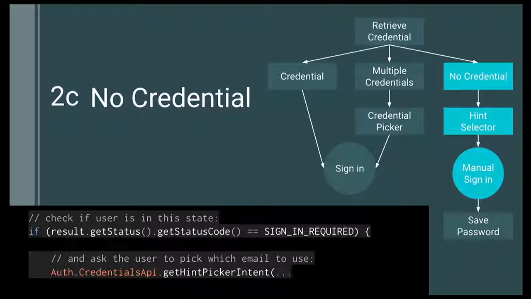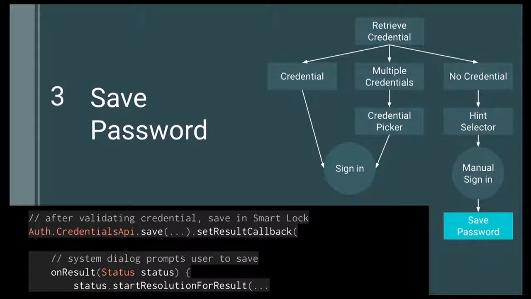But now you've got a couple of opportunities here. One is that you can check in this state that if it's valuable, you can use that picker I showed earlier, that you can have them tap with one action the identifier that they need, the email address or the phone number, and use that to bootstrap the sign-in process. Or you could just use the existing flow. And if you go through the existing flow, then you have the opportunity after they've entered login information and you've validated that it's correct, to present them with that save dialog we showed earlier. And then once this information is saved, then next time they come back, they'll be able to do the automatic